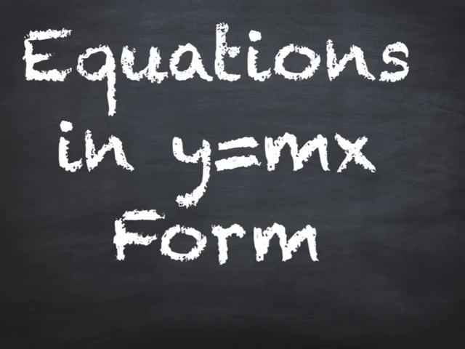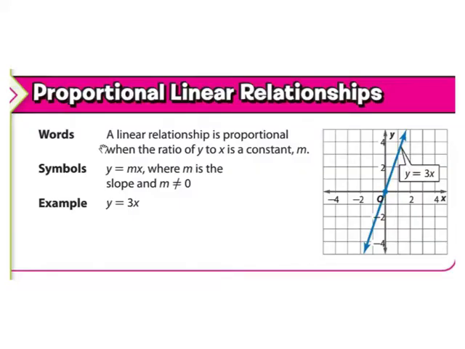So now we've talked a little bit about slope and constant rate. So we're going to start putting that into the y equals mx form. That's part of the equation of a line. So if we have a proportional linear relationship, which is what we looked at when we looked at constant rate,